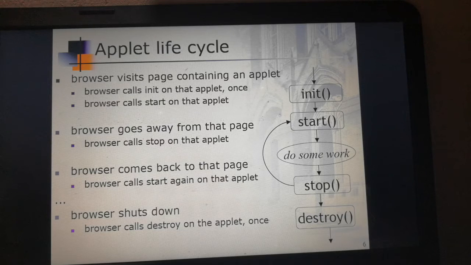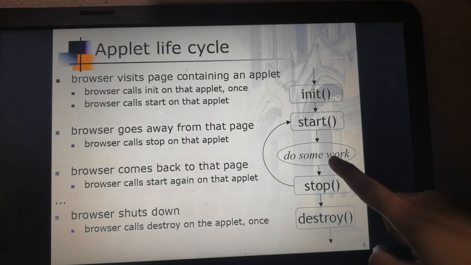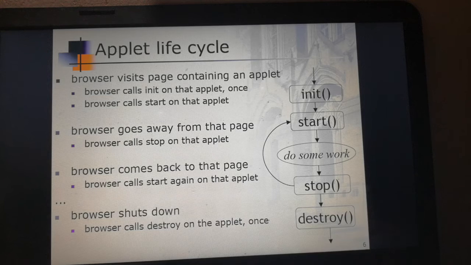Here we are discussing the life cycle of an applet. It mainly contains 5 methods. Here also we will be including some method in the section do some work. In the first method, that is public void init method, we use the init method to initialize the variables, and here the initialization of the applet is done. And when the start method is invoked, the applet starts its execution and then it moves on to the do some work part.